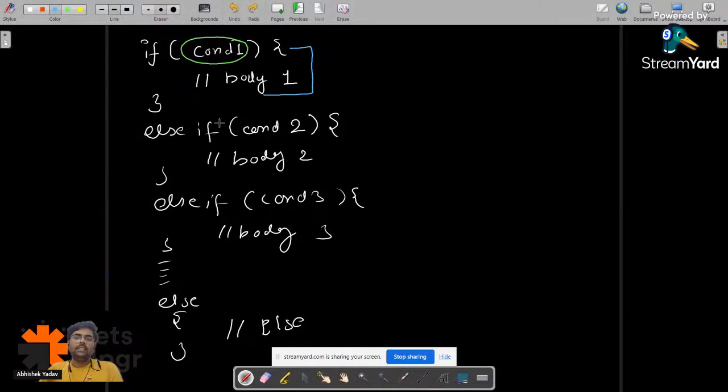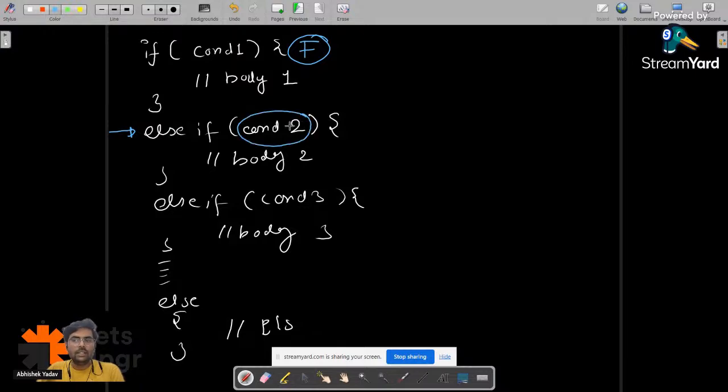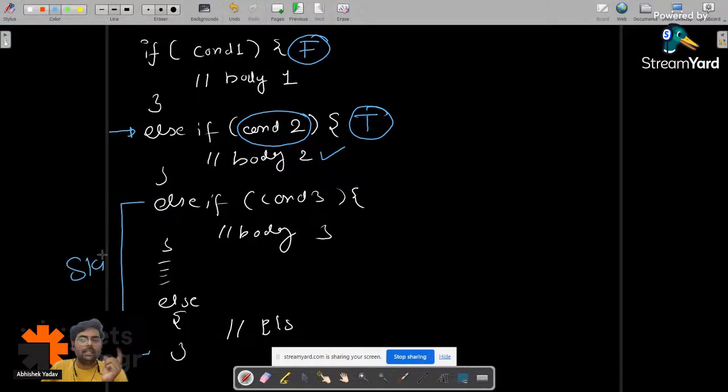Let's assume condition 1 is false. If condition 1 is false, it will move to the next else if block, this condition, and check it. The moment the condition is true, it will execute the body of this else if block. After executing that body, it will skip the remaining else if else ladder, right? So simple. The moment we have a condition as true, it will not execute the remaining else if